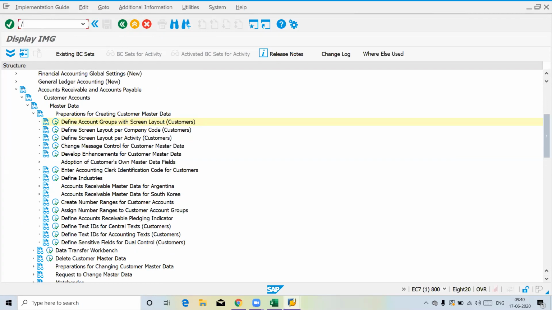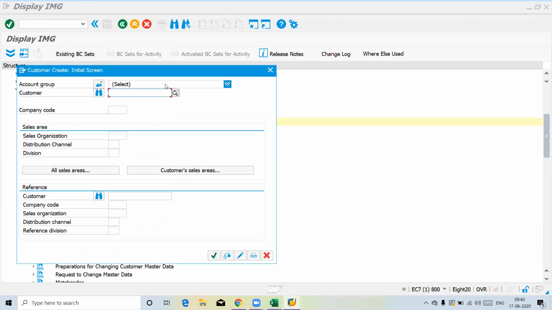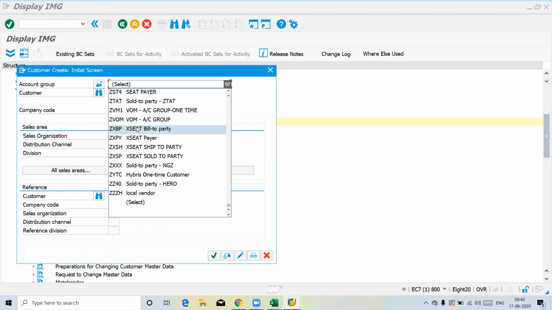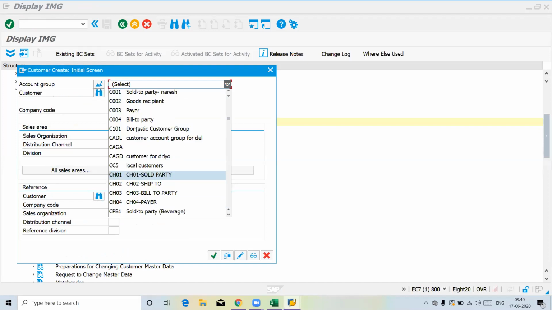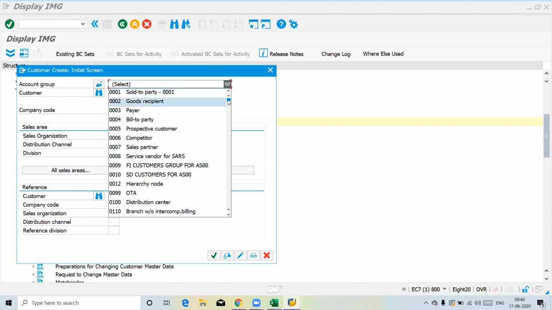Yes. Or else let me try to create one customer. We will get some errors actually, that you have to remember. You see the account group CH01 is there, right? Last time we had taken the standard ones, that means 0001.